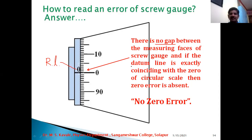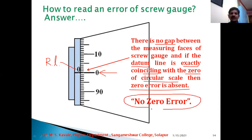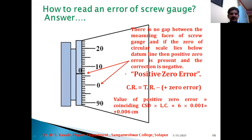and if the datum line or the central line is exactly coinciding with the zero of circular scale as shown in this diagram, then zero error is absent. So this is the condition of no zero error. Both are coinciding. Both means if this reference line and the division of zero both are coinciding with each other, then the condition of no zero error, as I told you in the last slide. Now next, if you observe